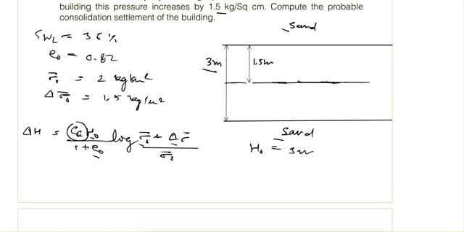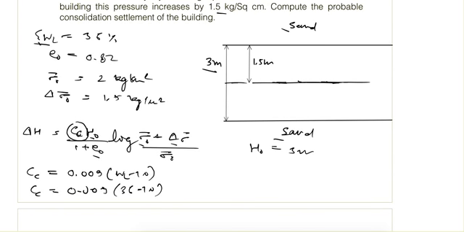So for that we are given this liquid limit, and it is not a remolded clay because it is a foundation material, so it is undisturbed. So here Cc, in terms of liquid limit, is given as 0.009 times (WL minus 10). So Cc is equal to 0.009 times (36 minus 10), and that comes out to be 0.234, and so the settlement